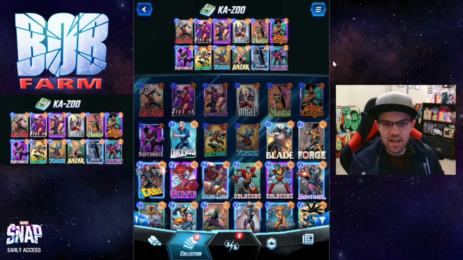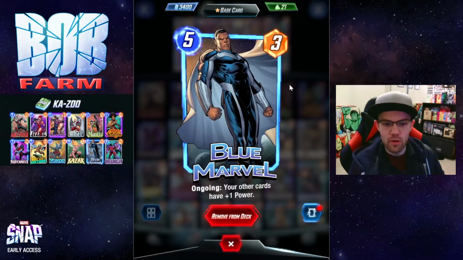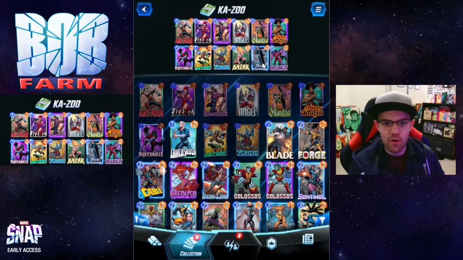Alright, so here's the deck we ended up building. We're going to be focusing on Onslaught, who doubles your other ongoing effects at this location. And the 2 ongoing effects we're looking to double are Blue Marvel, who gives all of your other cards +1 power, and Ka-Zar, who gives all of your 1-cost cards +1 power. So if we have all 3 of these cards in a lane, we actually give +4 power to all of